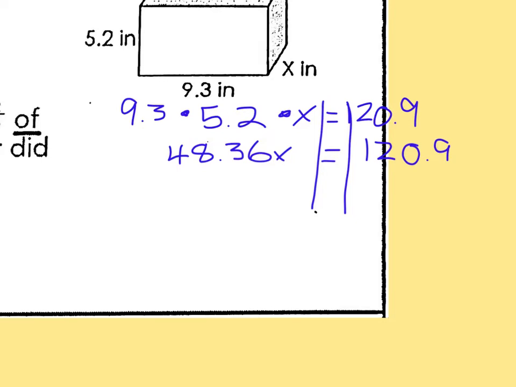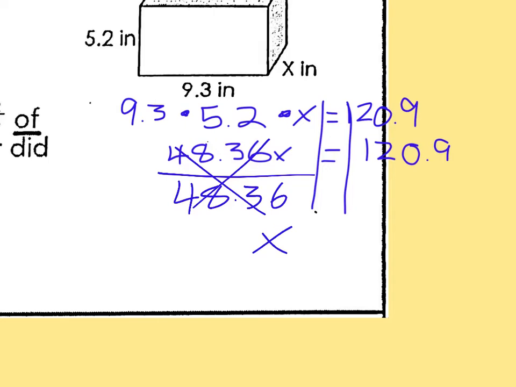Because that's multiply, we're going to divide by 48.36 hundredths. That gets rid of it, leaves us with x, but what we did here, we have to do over here. So we're going to divide by 48.36 hundredths, and that's why we use calculators, because that one's not very friendly. 120 9/10 divided by 48.36 hundredths, and we end up with